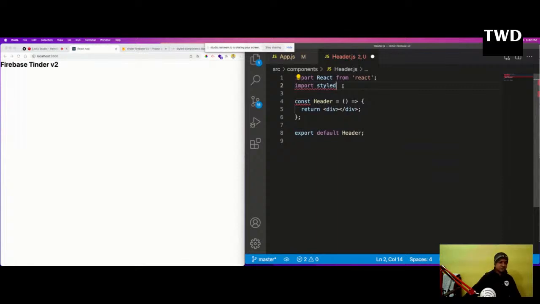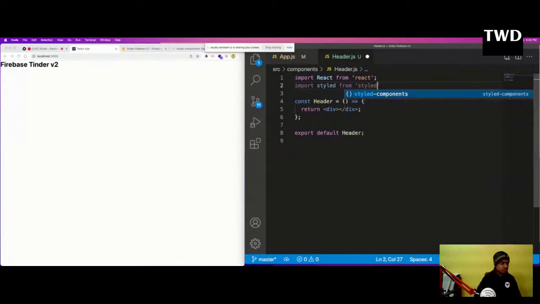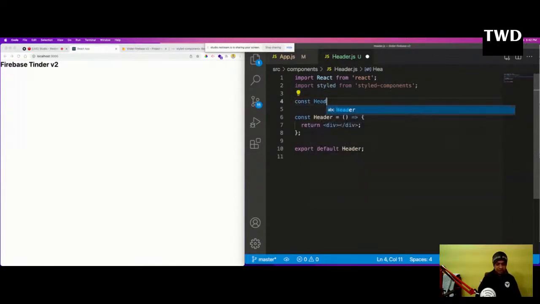Here you're not going away from CSS. It is a CSS-in-JS library. You have to know everything about CSS, but you write it in a different way, here only. So in a bigger project it doesn't cause a lot of problems, and that's why it is so popular. import styled from styled-components I'll do, and then